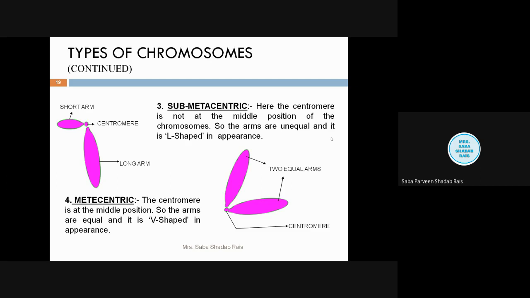Okay, and when we talk about their shape in the anaphase, your metacentric chromosome will appear V-shaped in the anaphase. Submetacentric will appear as L shape. Your acrocentric will appear as the J shape, and your telocentric will appear as the I shape. Understood? Now, human chromosomes, in the case of the metacentric, your X, 1, 3, 6, 7, 8.